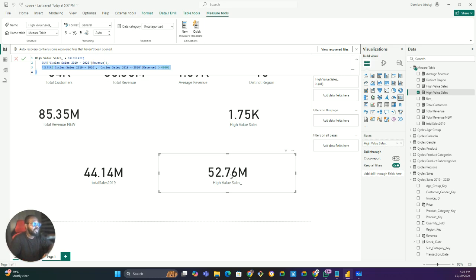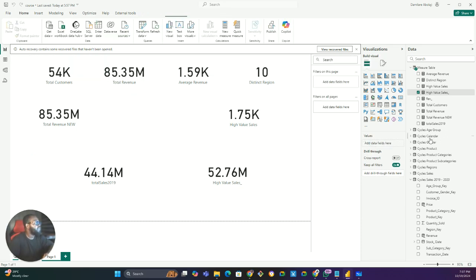So if we wanted to calculate, let's bring in a filter first of all, just so we can appreciate what the ALL function does. If we had a filter here,